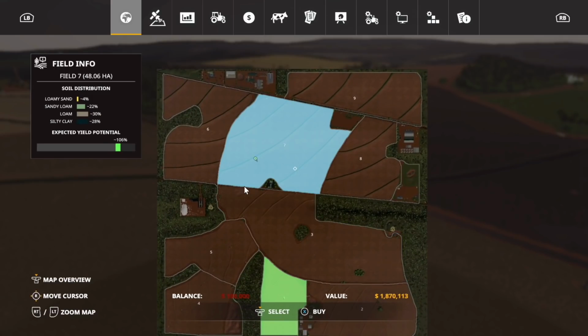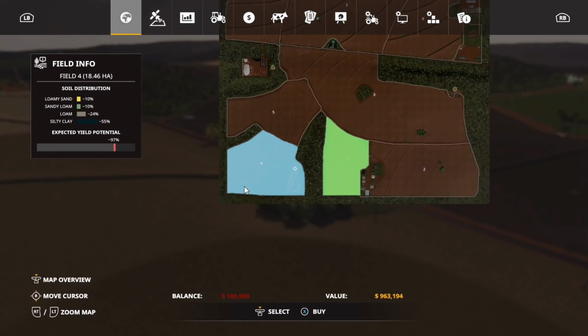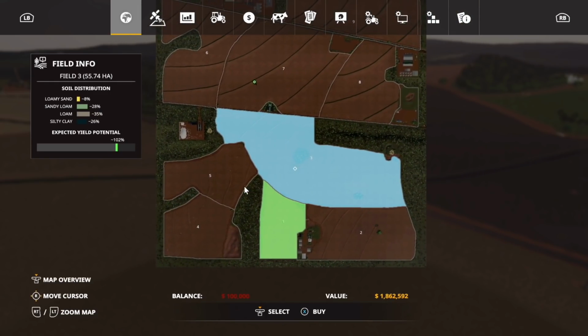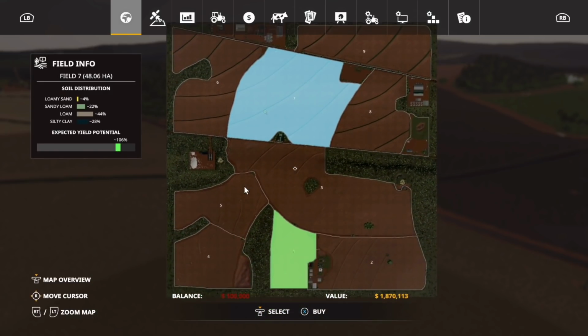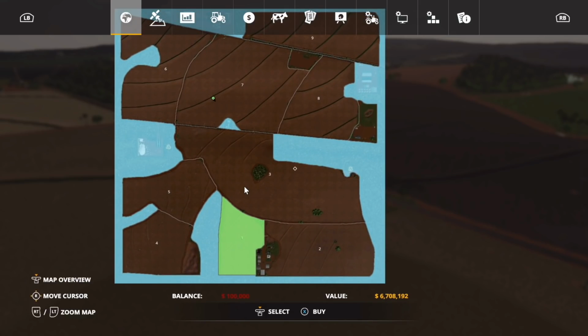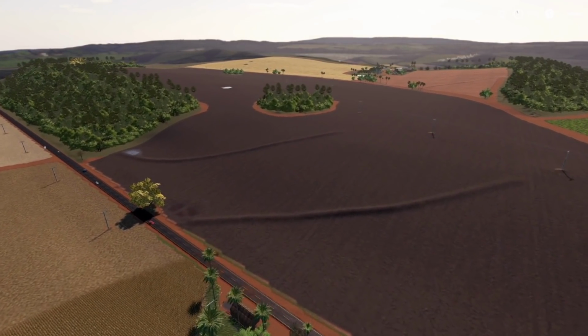Massive. Absolutely massive. Some of the biggest fields I've seen on map. I don't think there's one field that's, okay, 2 fields that are cheaper than $1 million. Insane, absolutely insane, but it's really cool nonetheless. You can buy the outside of the farm for $6 million. Hopefully that gets changed to $0 in a future update, but nonetheless, what do you get in